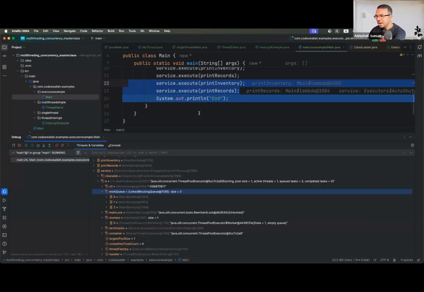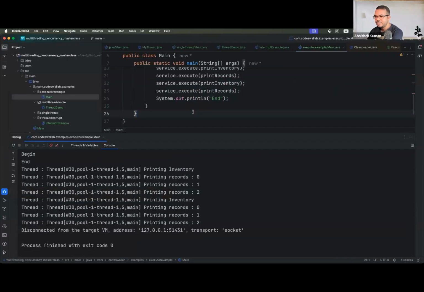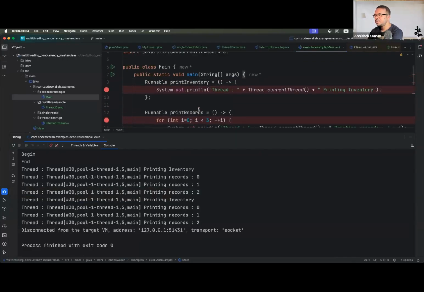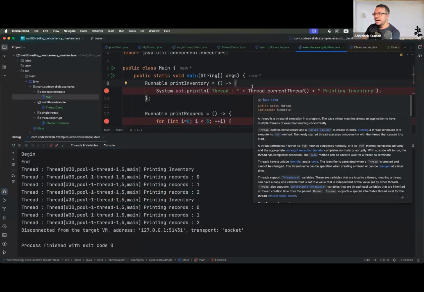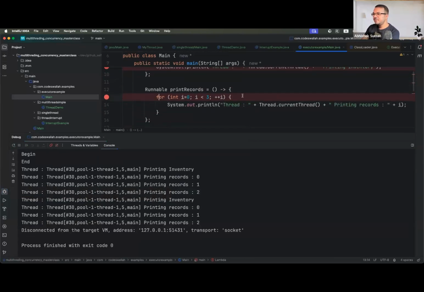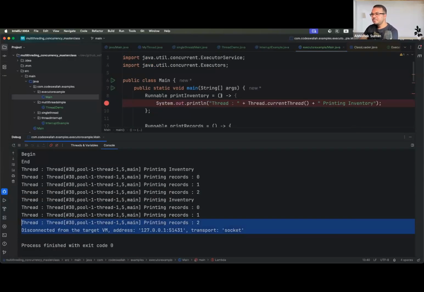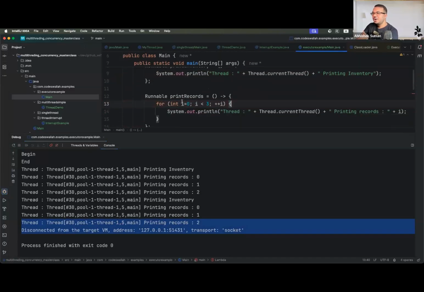Now, what will happen as and when, where is that? I should have got this one as well. Oh, okay, a lambda block you may not get. By some means I should be getting control of it. Disconnected from the target, that's completely okay. For some reason we are not getting the breakpoints here, but the whole crux is that